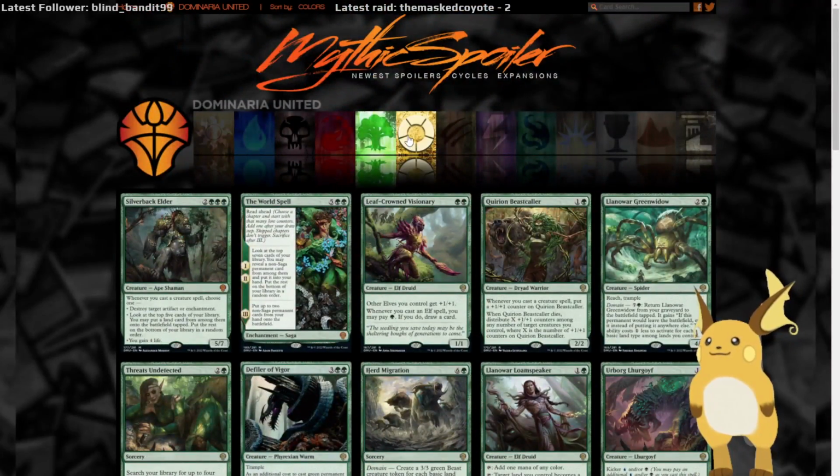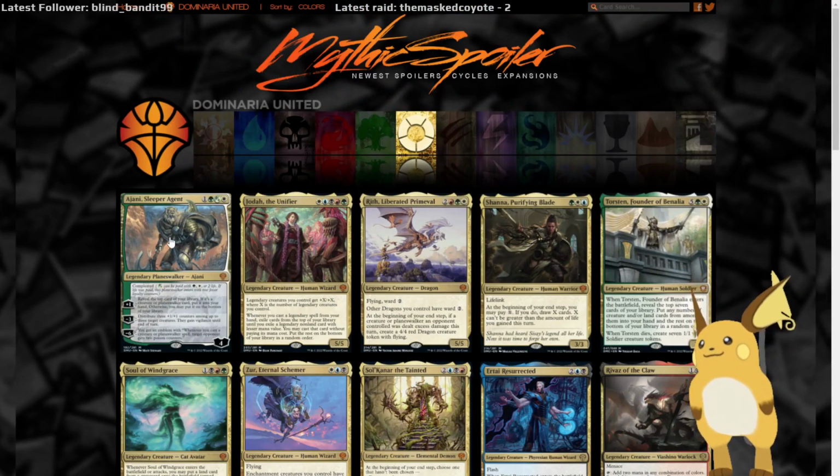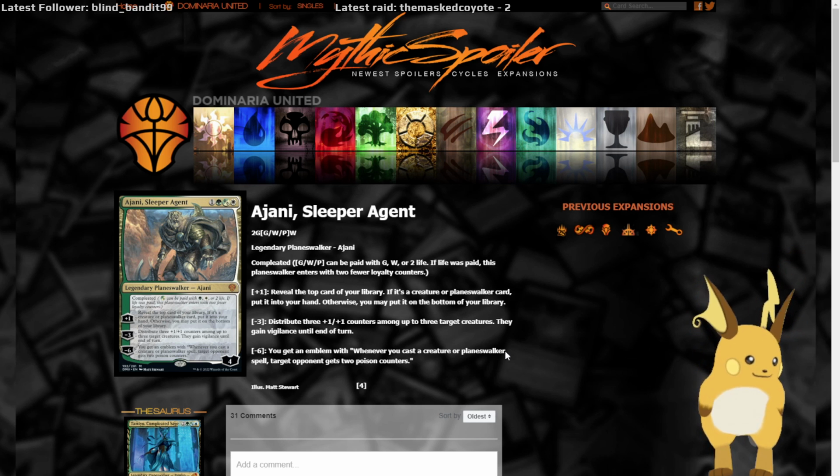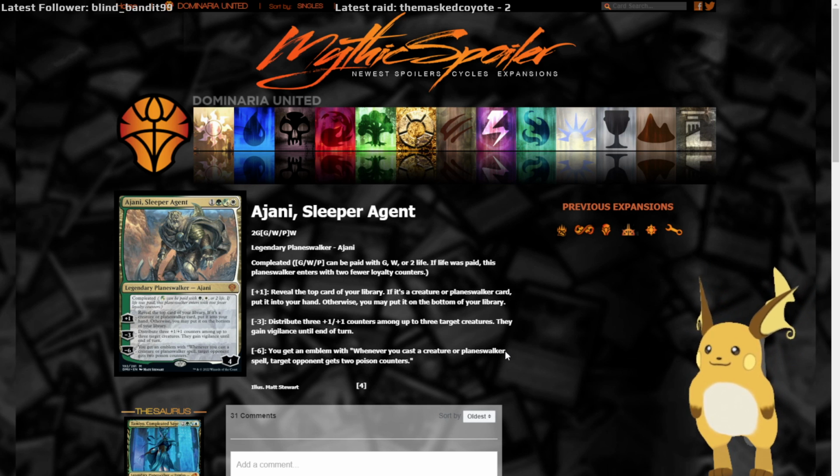Let's move on to the multicolor. Alright, first one's a Planeswalker, Johnny, Sleeper Agent. It's 1 and a green and a white, and a green or white, or what is it? Complicated. So you could pay either green or white for that 4th mana cost, or you could pay 2 life and it enters with what, 2